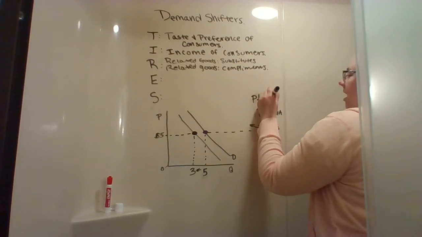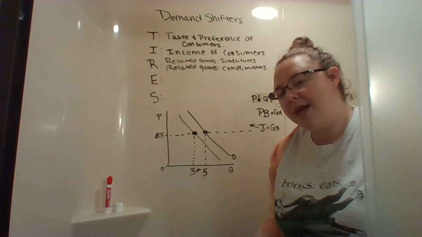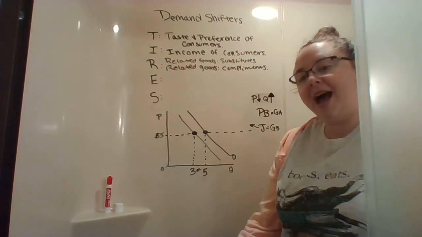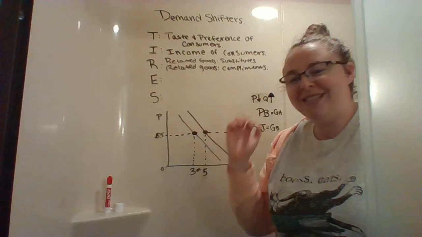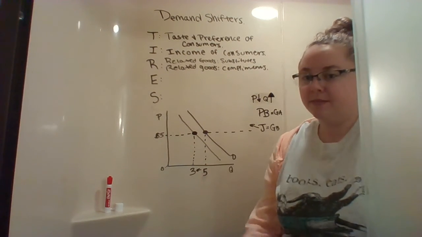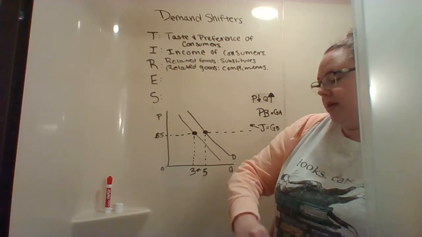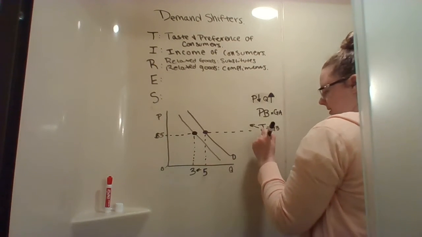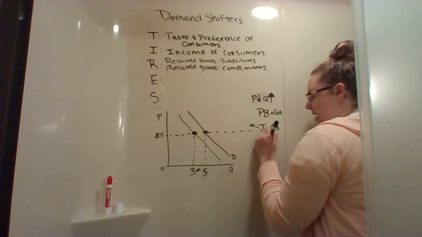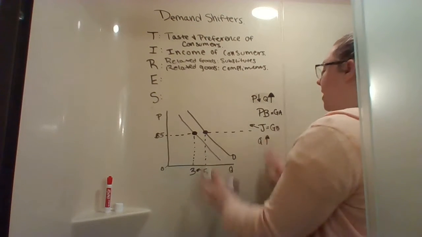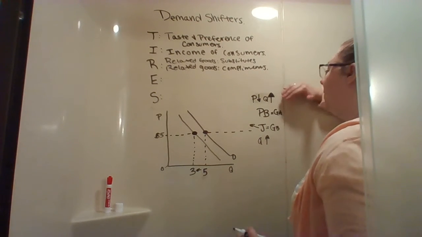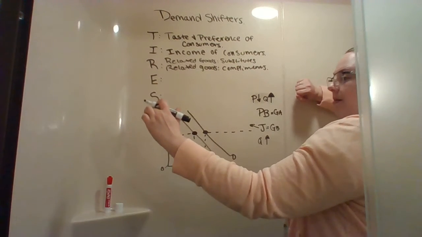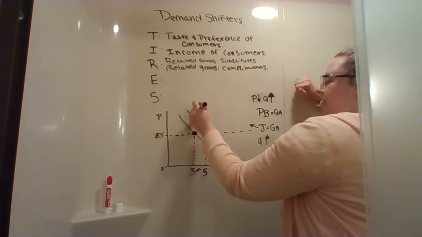So if the amount of peanut butter being demanded goes up and jelly is a complement, what is going to happen to the quantity demanded of jelly? The quantity demanded is going to go to the right. It's going to increase. Again, we are not changing the price of jelly at all. The only price for this example we're changing is peanut butter, but we're not graphing that, so it doesn't matter, okay? When we shift this, we're going to shift it to the right,